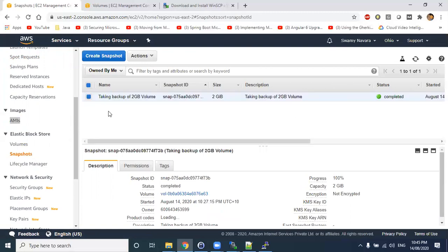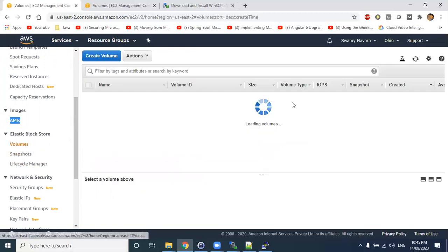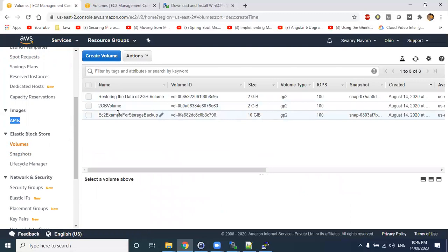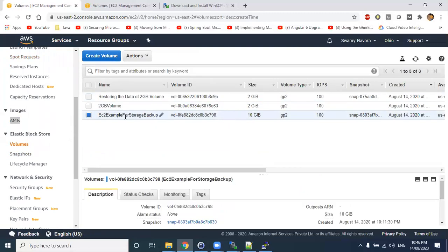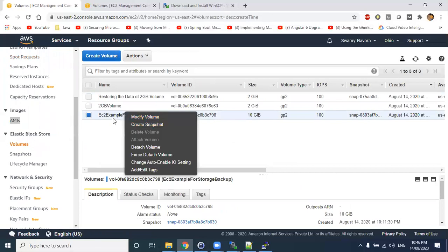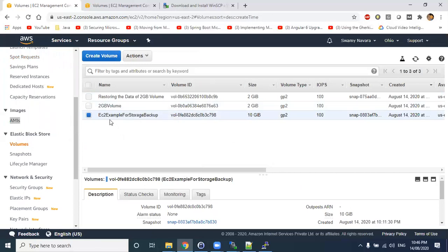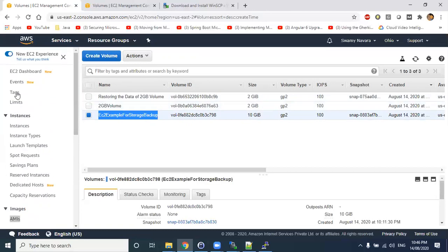started. Okay, we have detached this volume, sorry, right? Yeah. So your instance will have a volume which will be created by default. Our root volume is 10 GB for this machine. So now we can create a snapshot for this root volume and restore this machine. But don't follow this method. If you follow this method, whatever software you have installed or the configurations will be missed in your instance. And you will not get the AMI, the machine's operating system, whatever operating system you're using, Linux or all those, you will not get.